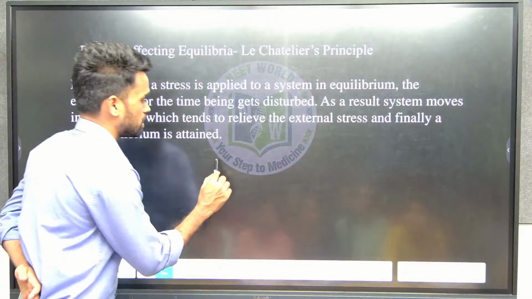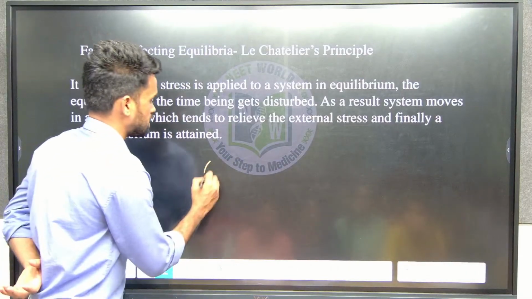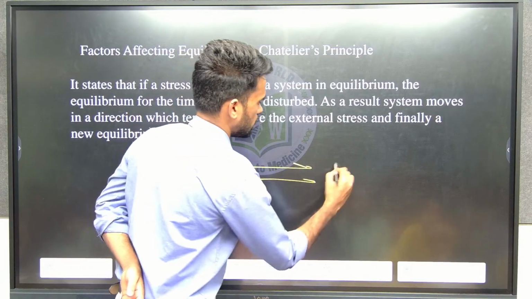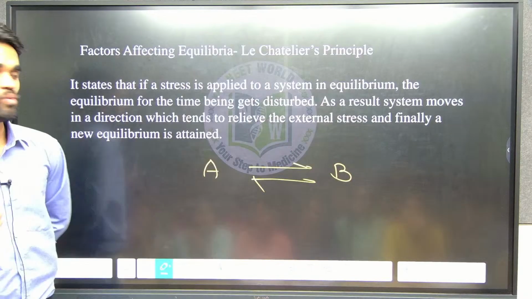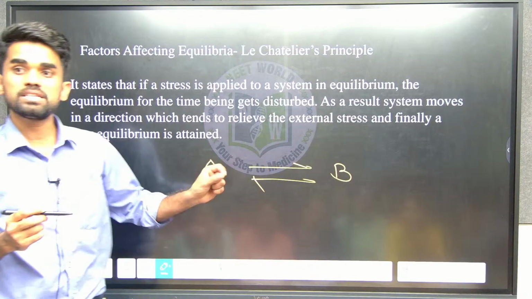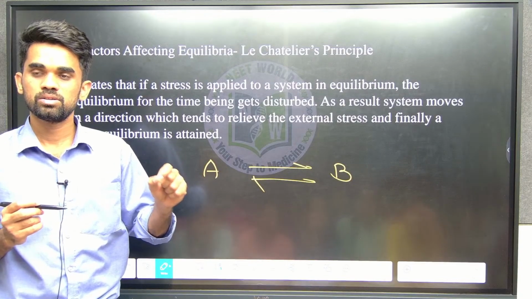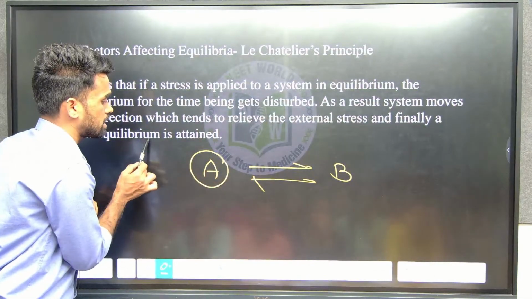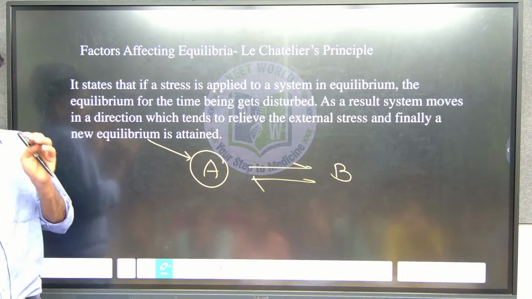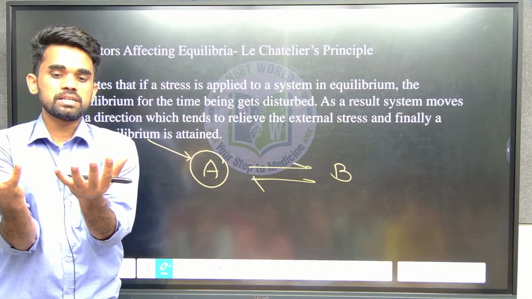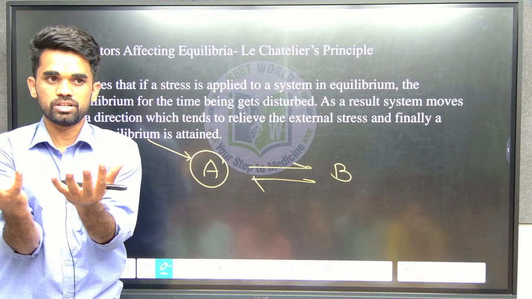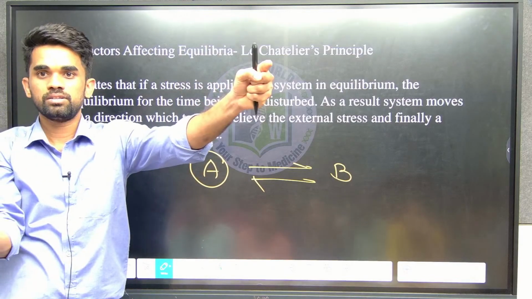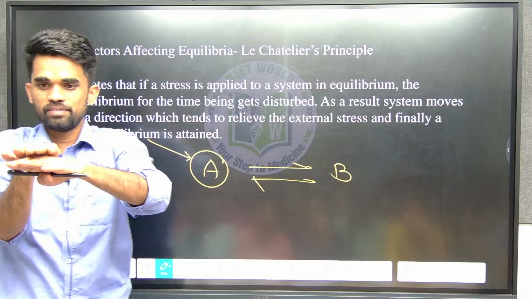Easy only. Now what I am discussing is equilibrium reactions. Let us say A and B are in equilibrium. Equilibrium is the most stable state. Now if you disturb anything at the reactant side, for example, there are 2 bowls having equal quantity of water with one connection. Now you try to increase water in one container. What happens? That water will flow to the other container and they will attain the same level and remain